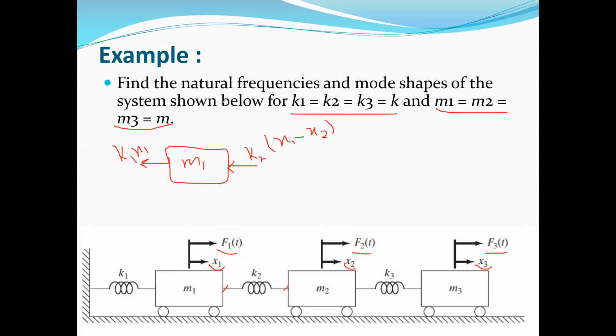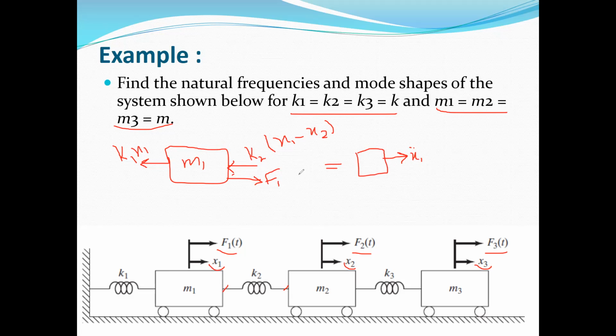So according to the direction of this force, the amplitude of the force is equal to k2 times (x1 minus x2). And also we have one external force in the right direction, which is called F1. We have the weight, which is in the vertical direction, so it does not appear in the equation of motion in the horizontal direction. If you write the force equation in the horizontal direction, it will cause the acceleration x1 double dot